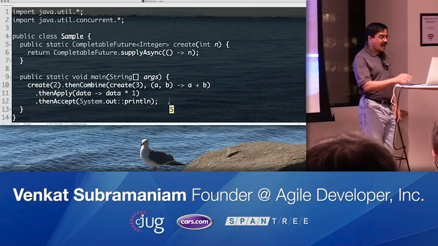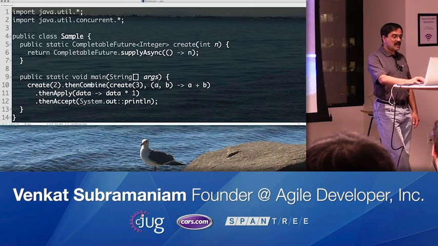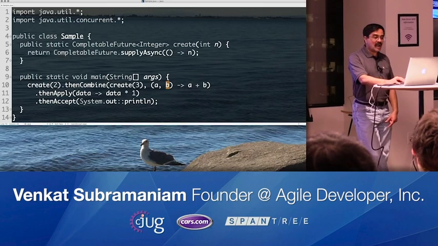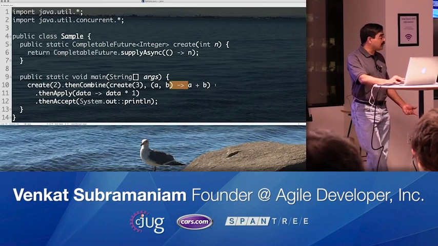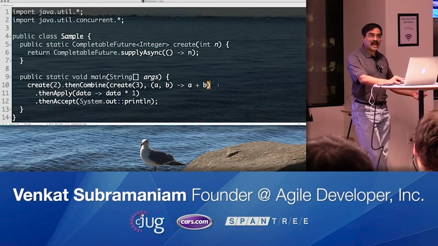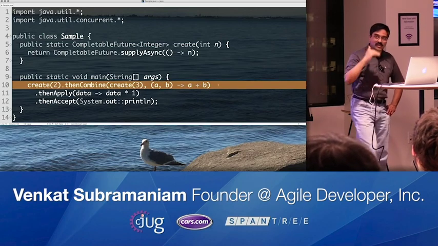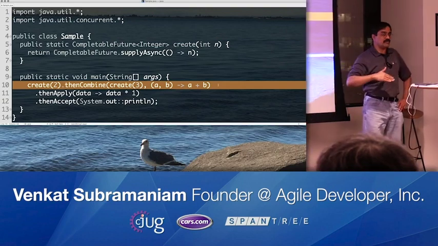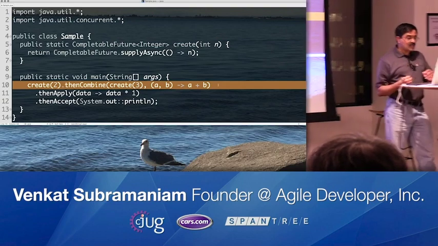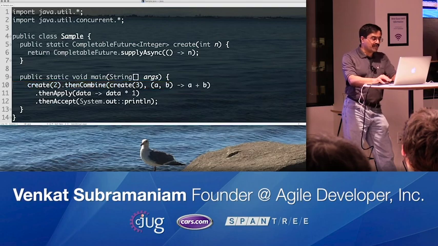It says, I'm going to take the result of one and the result of the other, and then I'm going to do some work with the results and yield a CompletableFuture with that result for further transformation. So this nicely falls into a chain of CompletableFutures. Well, okay, that's good so far, but let's go a little further.